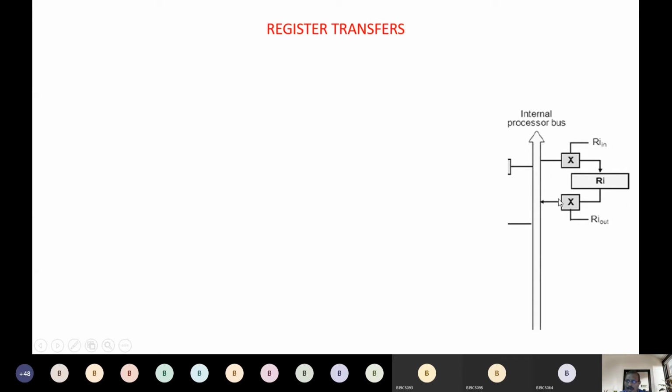Visualize yourself, we have another similar component like this here also. It is maybe for another register, maybe R1, R2 or R3, any register. Assume it's R1. So we have the R1 box, a rectangle box, next R1 out, and R1 in also. And in this way, assume we have 16 registers connected in this way.